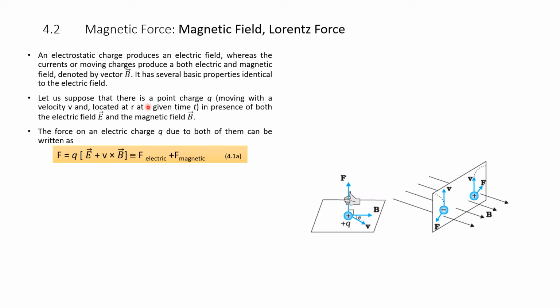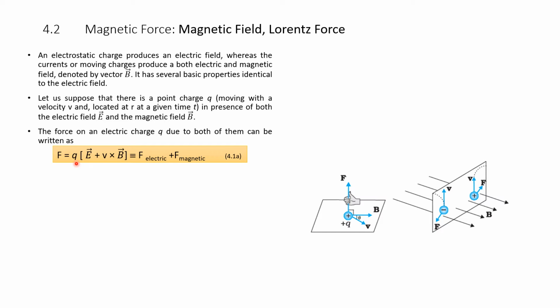There is a point charge q moving with a velocity v and located at a point r at any given time in the presence of both electric and magnetic field. The force on an electric charge q due to both of them can be written as F, a vector,